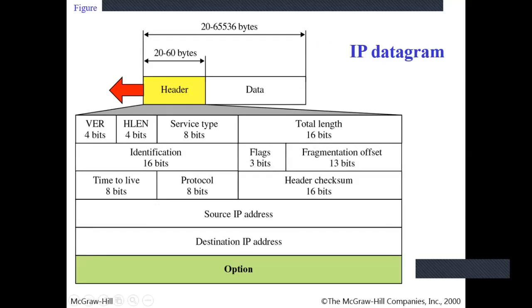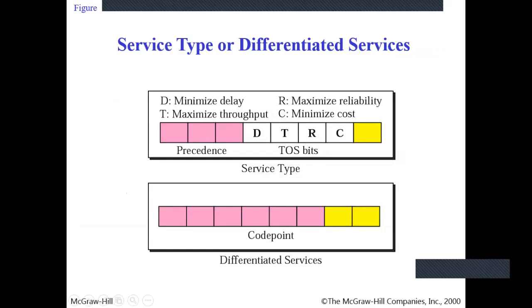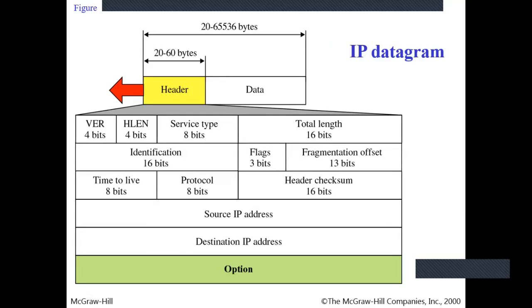So, starting from the first field of this IPv4 header, the first field is the version field. Clear? VER is the version field. The version field specifies whether the IP protocol is version V4 or version V6. In both IPv6 and IPv4, the first field is always the version field. Clear? So from this first field, we can identify the version of the IP protocol.